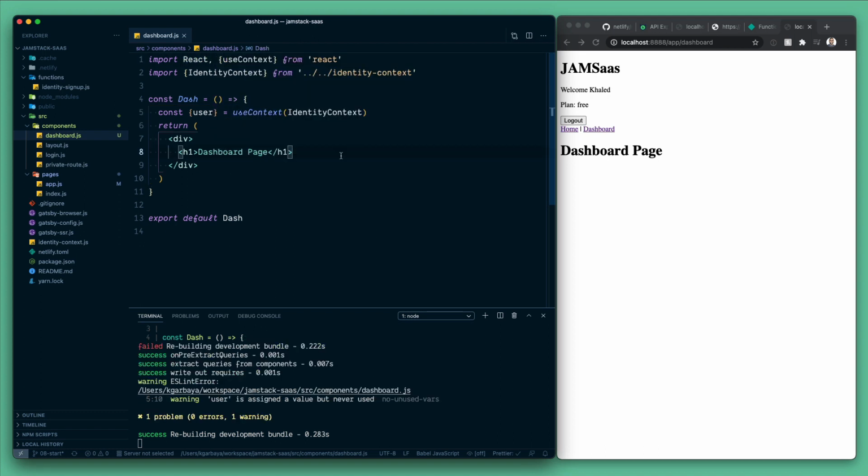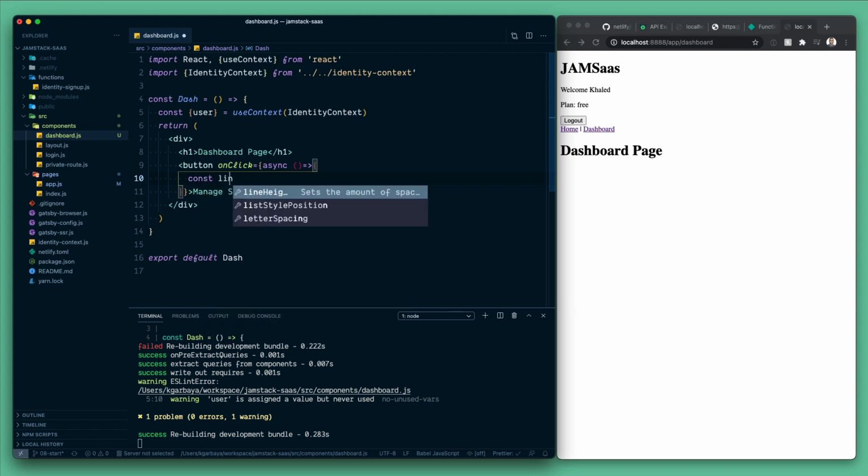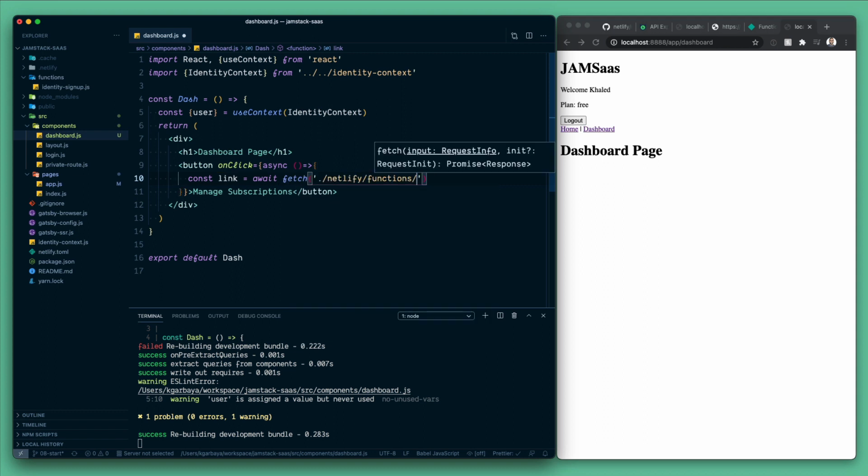Now let's add a button to manage the subscription. And on the onClick, we're gonna call a netlify function that we'll create later. The event handler here is gonna be an async function. And we would like to request a link. And this link will be coming from our netlify function that we will create in a moment. And let's call this